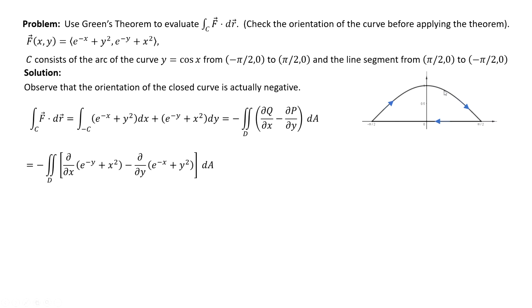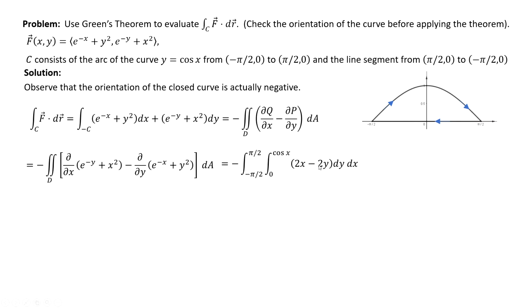We know the equation of the curve is cosine x. So basically 0 to cosine x would be y. And that's exactly what I have done. We go from negative pi/2 to pi/2 for the x. The negative is because of the contour being negatively oriented. Negative pi/2 to pi/2 on the outside, and the y going from 0 to cosine x of